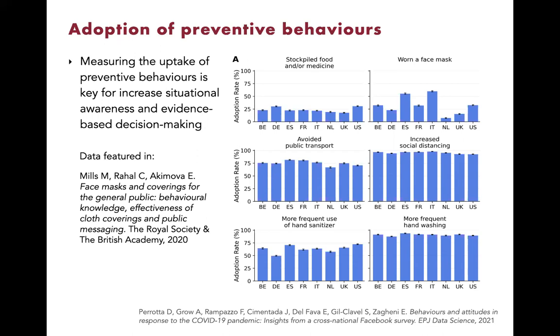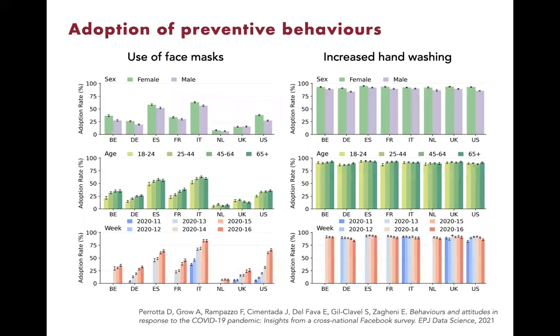Now, in our survey, we cannot really capture changes in behavior at the individual level, given the cross-sectional nature of our study, but we can measure the adoption of preventive behaviors across different demographic groups and over time. Now, if we zoom in, for example, on the use of face masks and increased hand hygiene,